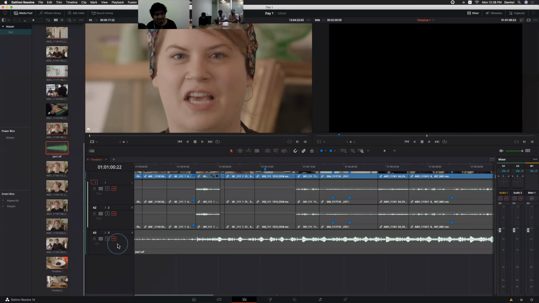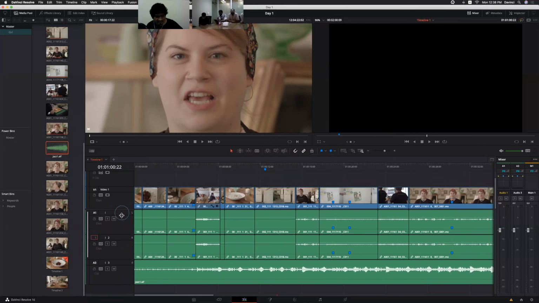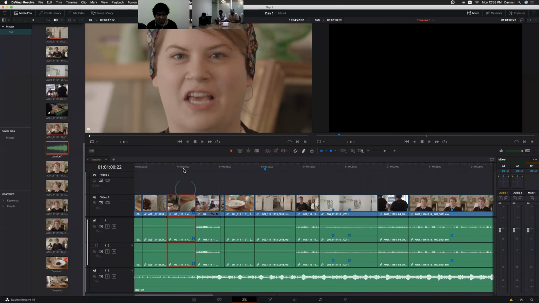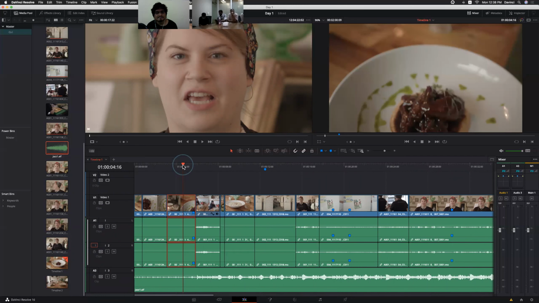When we are using FCP7 for multi-camera work, multi-layer work, we can solo a V1 track or V2 track, and other clips will be muted. Okay, that means you need to disable the other tracks, right?